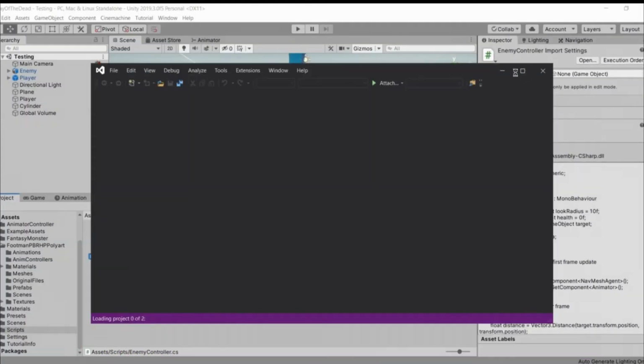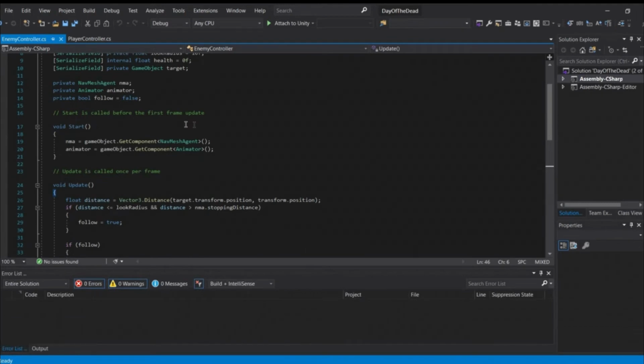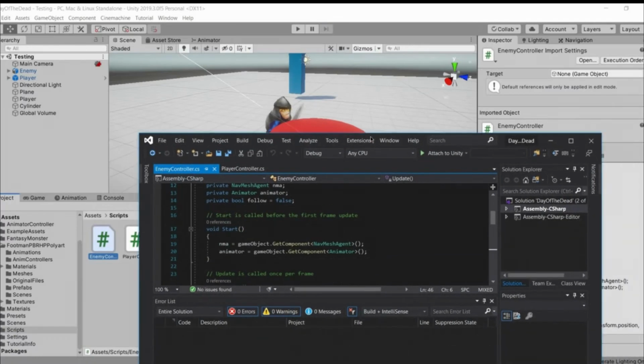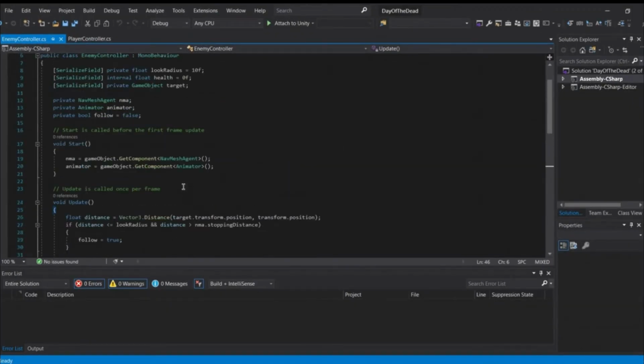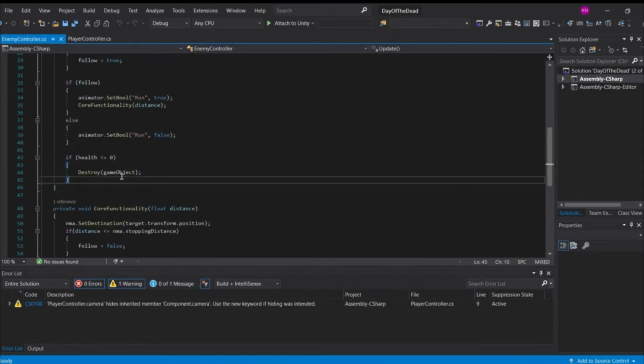So yeah, let the editor be ready, and okay, cool. So now what you have to do is when the enemy reaches our player, or you can say if the player reaches the stopping distance, we want our enemy to start attacking, guys. So now we are going to continuously check that if